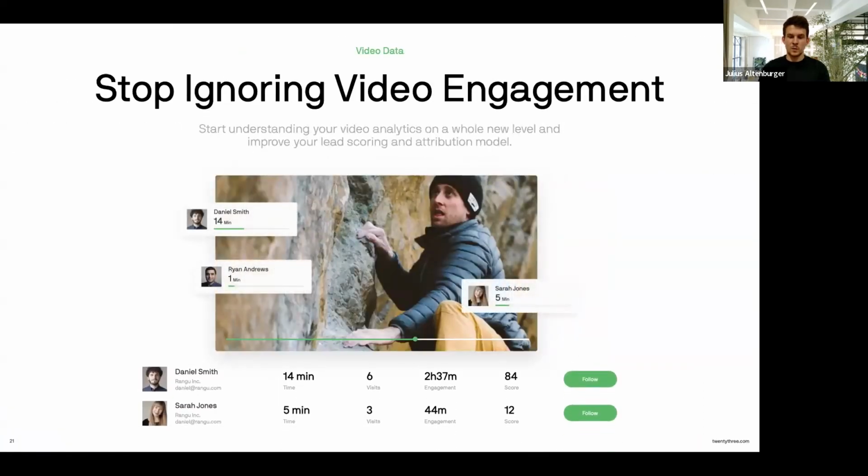As I said, we believe that video data is an integral part of what you're doing with video on the marketing side. So we are giving our customers all the engagement data on who watched the videos, how often do they watch, what are the most interesting parts. So you can really tailor your video experience to your viewers and make sure that you get successful in what your marketing team does.